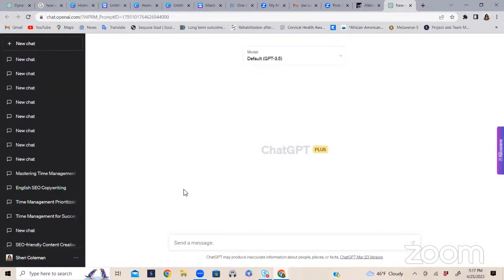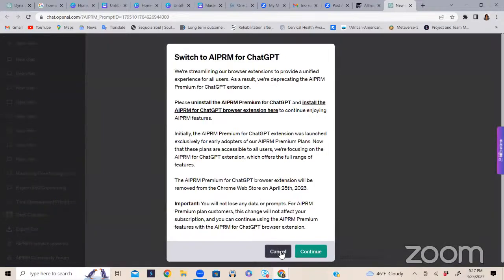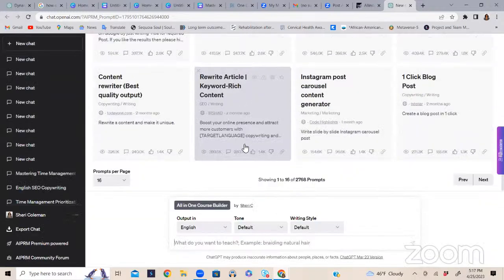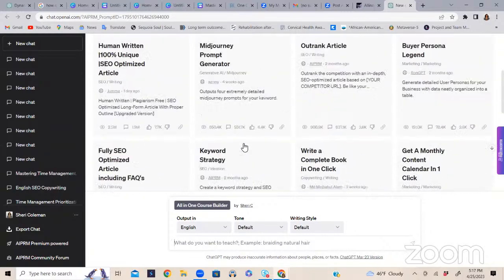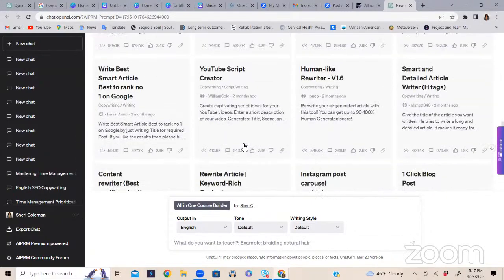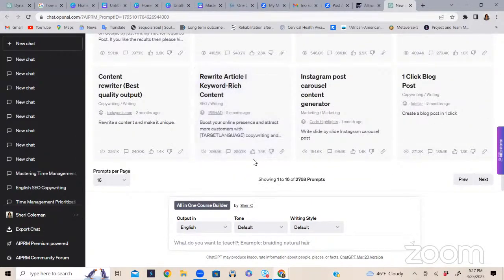Once you're here, you're going to see so many wonderful extensions that you can use. Tons and tons of extensions. We will be working with some of these extensions to build out articles. So make sure that you